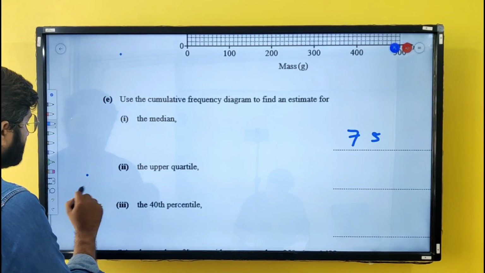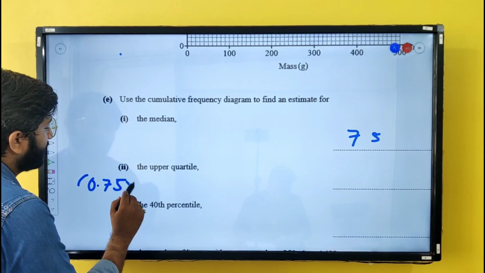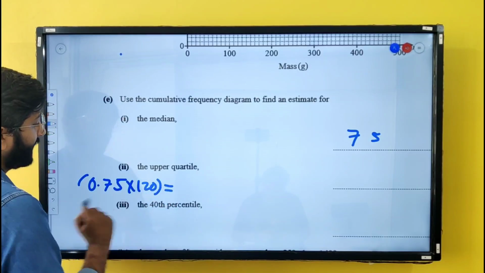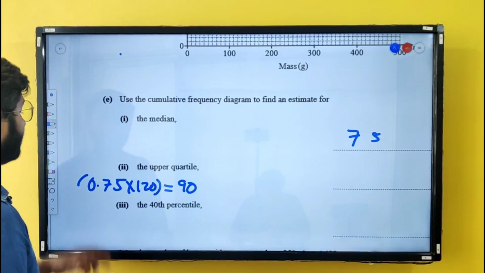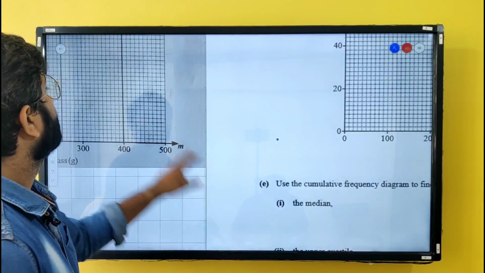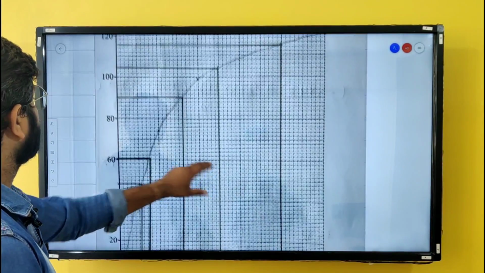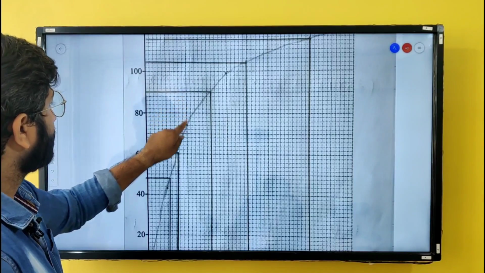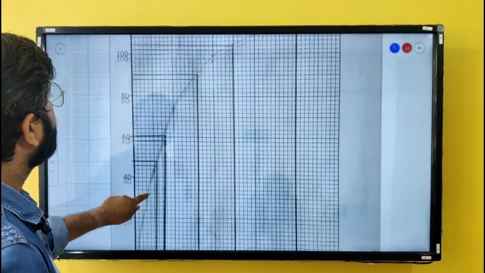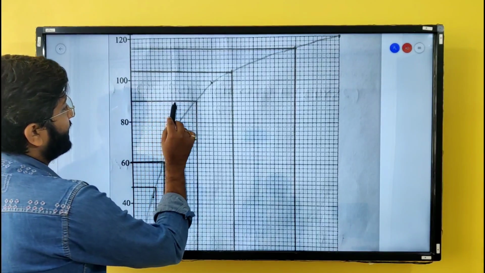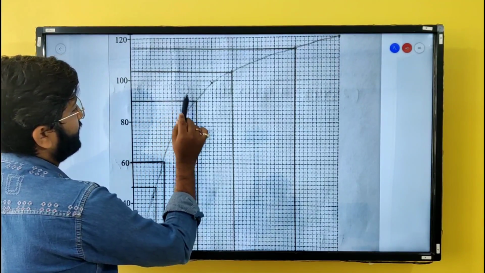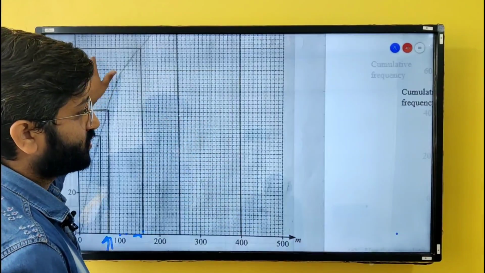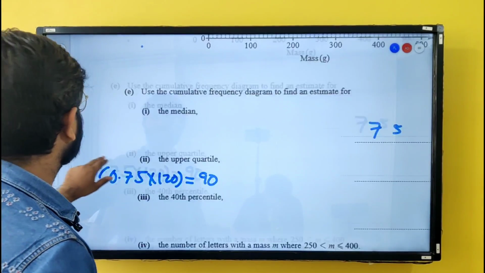Next, find the upper quartile. Upper quartile means 75th percentile of 120. I think that should be 90. So at 90 you have somewhere over here. I think this is between 100 and 120. So 110, 120, 130, 140, 150, 160. So my upper quartile is